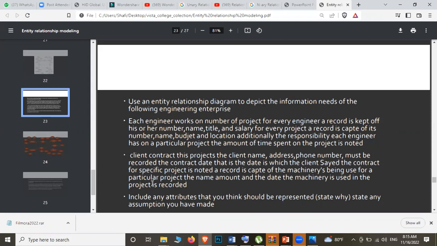බලන්න මේක recorded කරලා තියෙනවලු. එතකොට you have to mention the machineries as well, isn't it? So for the machineries, most probably common attributes are there, right? Machinery, what kind of a machinery, the ID, somehow you have to give an ID, uniquely identify කරන්න නේද? ඒ වගේ දේවල් ඔක්කොම ඔයාට මේකෙන් add කරගන්න පුළුවන්.